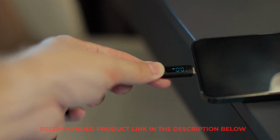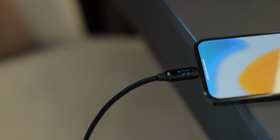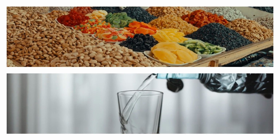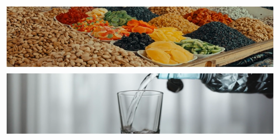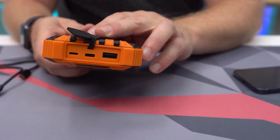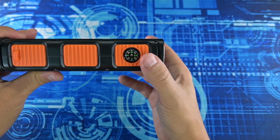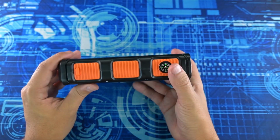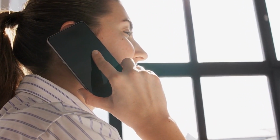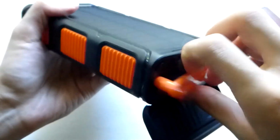But the true value of the power bank in an urban situation goes beyond just keeping your phone alive. In a prolonged emergency, access to information can be as crucial as food or water. Your charged devices can provide up-to-date emergency information and instructions, maps, and navigation when physical landmarks might be altered or destroyed, communication with loved ones and rescue services, a source of light in dark environments, access to stored important documents